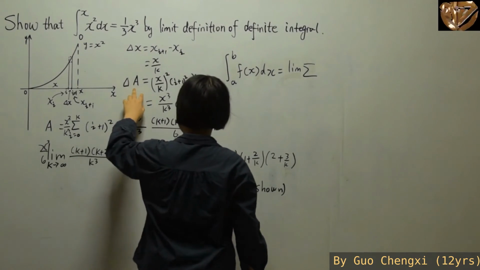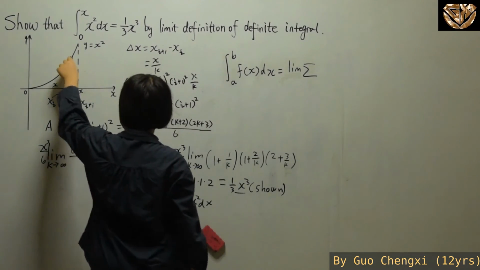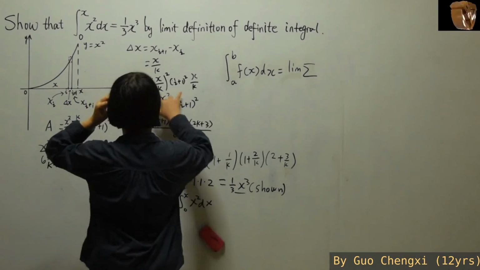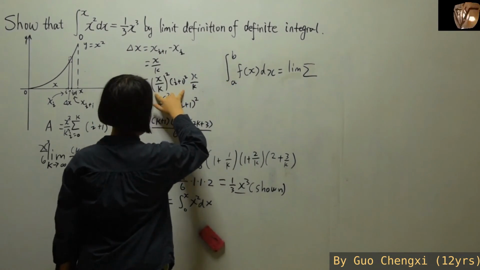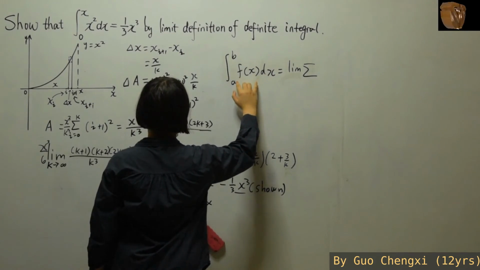Then after that, over here we have our area for each of the strips, whereas over here I told you already that it will serve as the f(x) for the